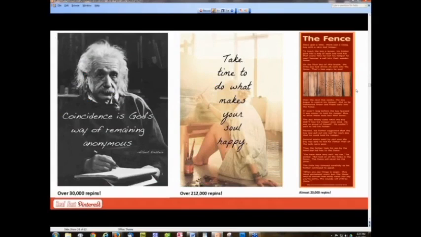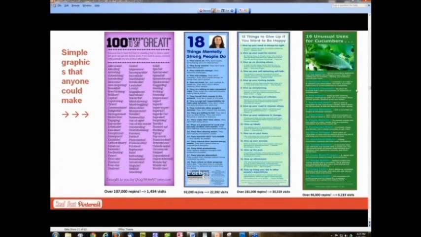The same is true with this one that's had 212,000 repins. I originally pinned that, I think, only about 3 or 4 months ago. Now, here are some bookographics that I created, or bookographic lookalikes. The one on the left, 101 Ways to Say Great, I did not create that one. That one I just repinned from blog.writeathome.com. But my pin of that has had 107,000 repins,